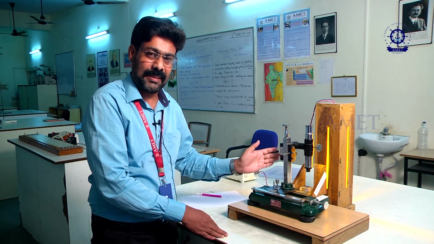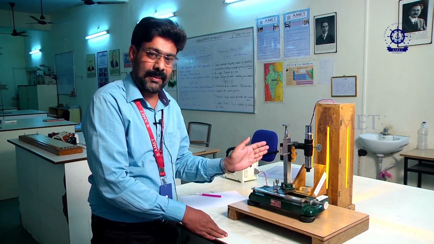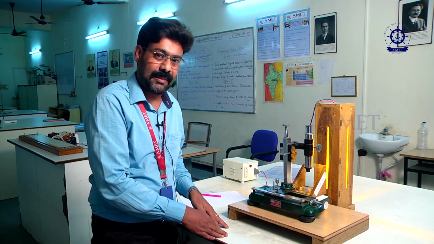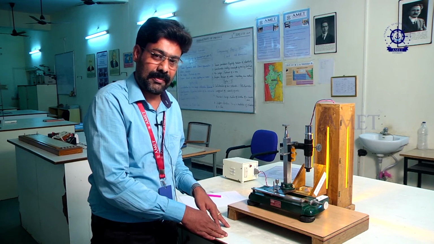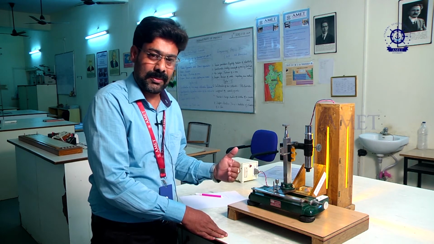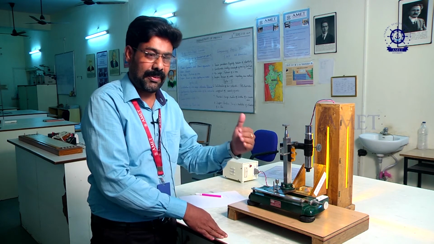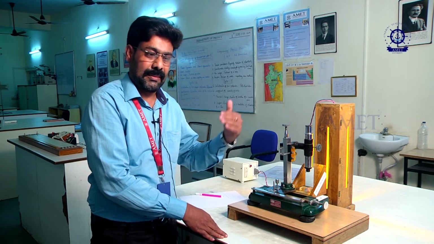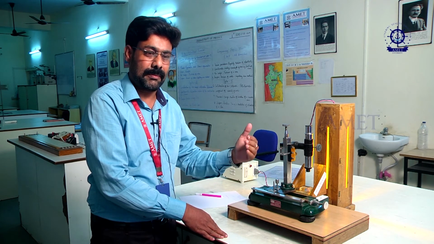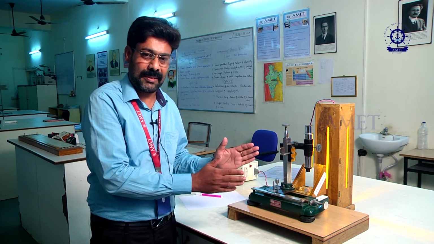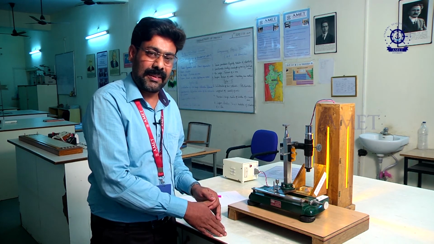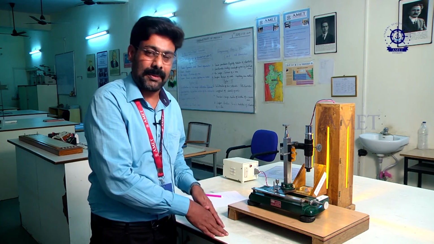That interference pattern is nothing but alternately bright and dark lines, which we see with the help of the travelling microscope. From that we have to measure the values for the order of 5 or 10, and from that we experimentally calculate the value of beta. This is the experimental procedure to find the thickness of the given material by using the air wedge experiment.